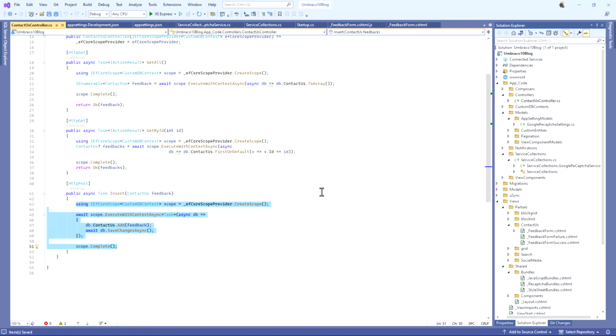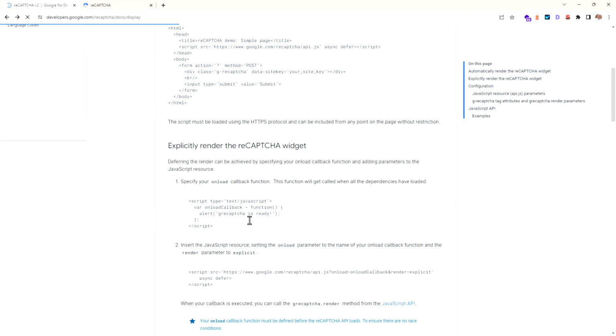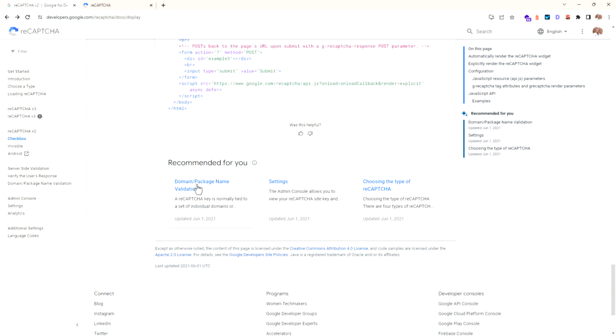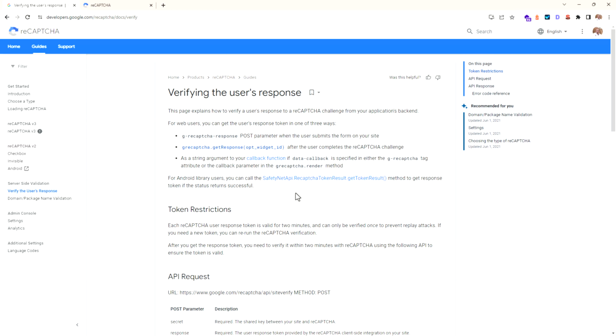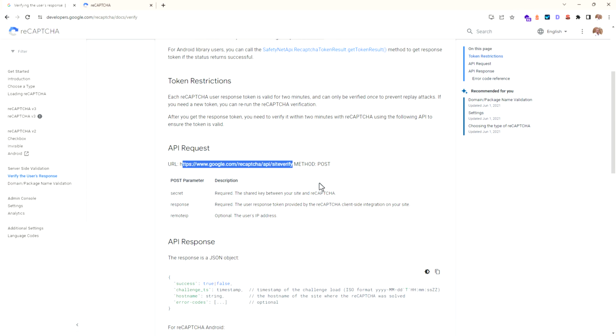We send our request to Google through the front end, and they give us back a token. So that token I need to read it or recheck it with Google, to see whether that token is correct or not. So how can we do that? I think something here should show us how we can verify that token. As we said, after we get the token, we have to send it to this URL. So we need to create a service or endpoint, something to read this endpoint, and we send the token through it, and they will send us